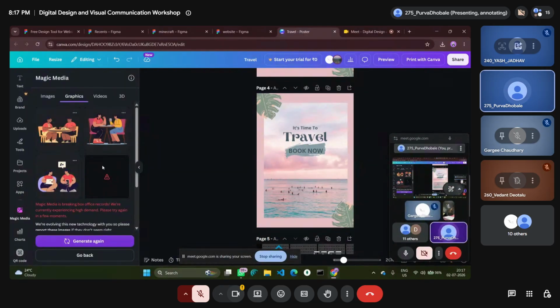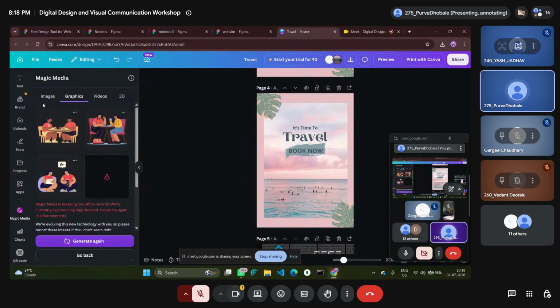So coming to Magic Media, what it exactly is, sometimes while we are making a poster for a club, let's say, we need some graphics or images which are not there in Elements, and generating it from Gemini becomes difficult. So you can directly do it in Canva.